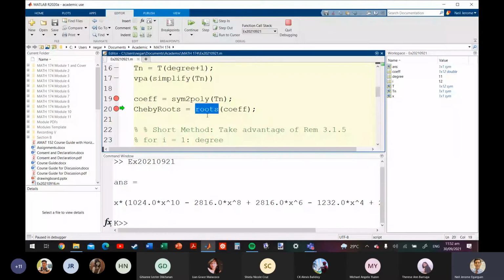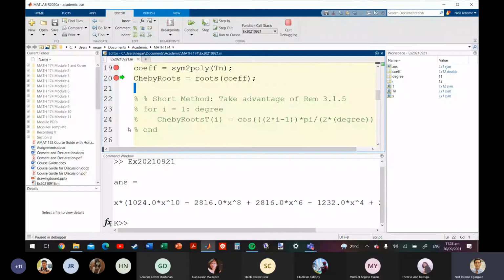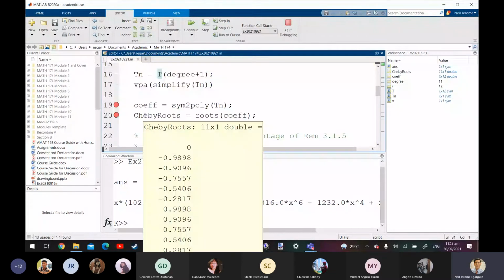So bahala kayo magpangalan kung ano yung gusto niyong gawin. So if I run this, continue running it, I get now the roots of the Chebyshev polynomial. Again, if I want to pick at the value of these roots, pwede kong mag-hover dito. So yan yung mga roots ng Chebyshev.